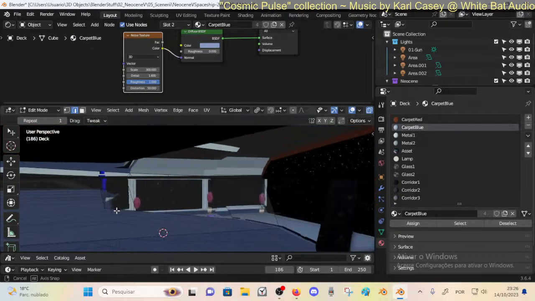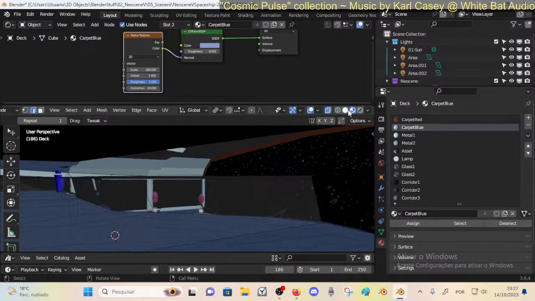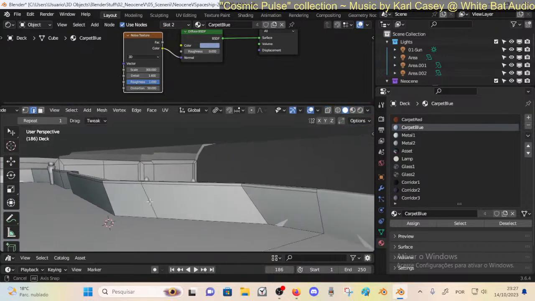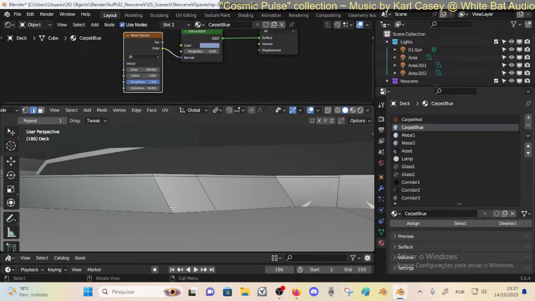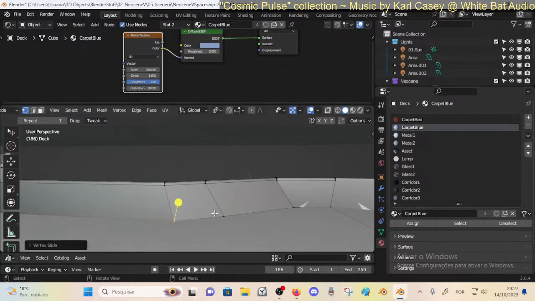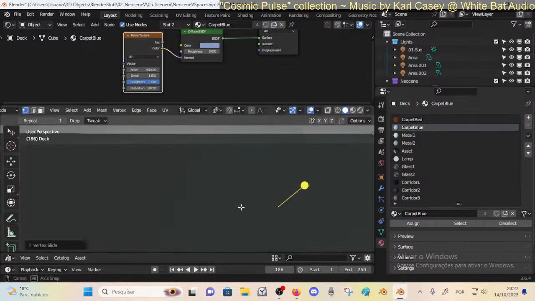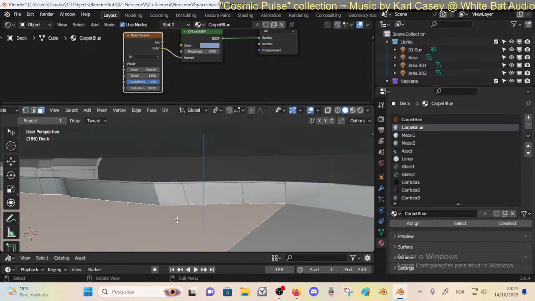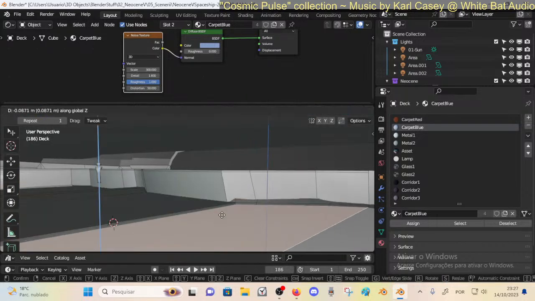Alright, I need to understand this geometry here. It's possible we are getting some problems regarding interpenetrations with the floor. So I have a single floor. As soon as I